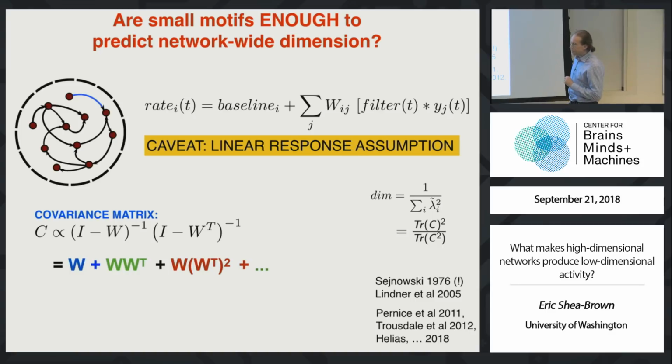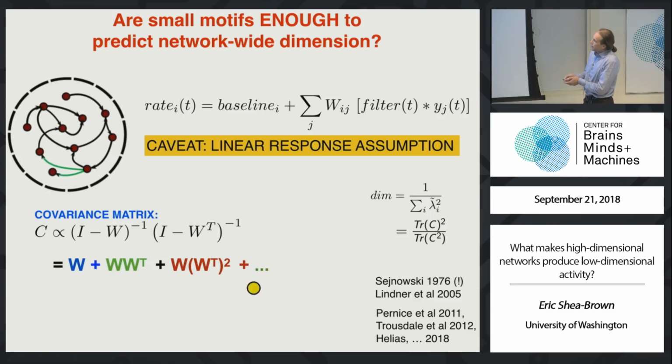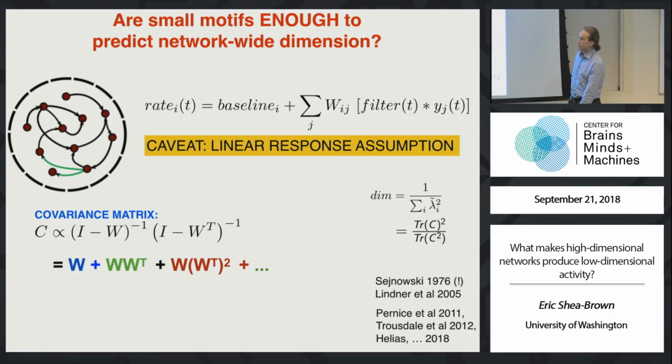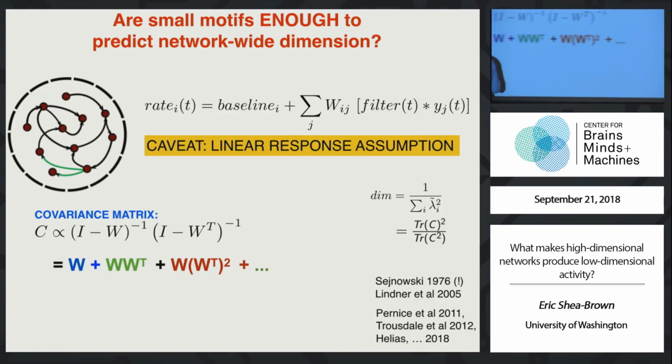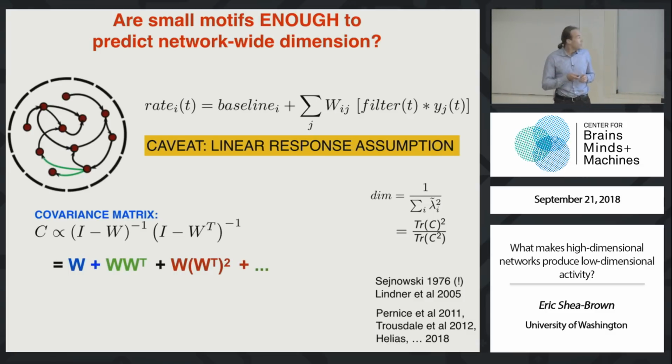But how about these other more mysterious looking product terms, like the green one? Well, it turns out if I look at non-zero entries in this green product, those non-zero entries are proportional to the probability of having this kind of very interesting connectivity motif, specifically a diverging connectivity motif like that. And this statement about the equivalence between the matrix products that show up naturally and the probability of having connectivity motifs in your network is true for all of the terms in this expansion, as we'll see in a minute.